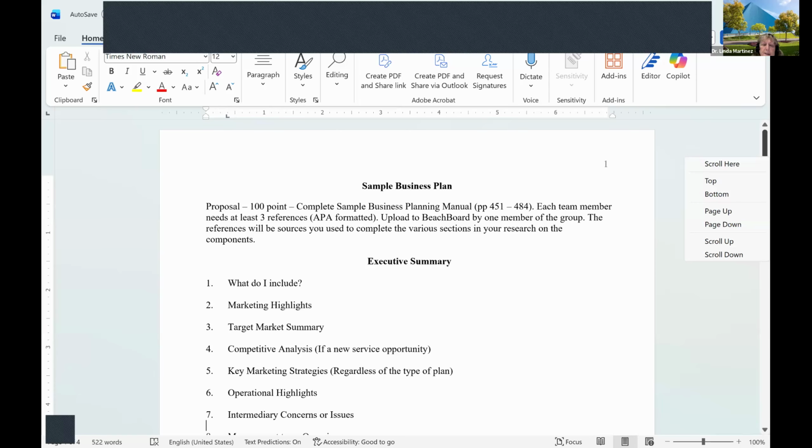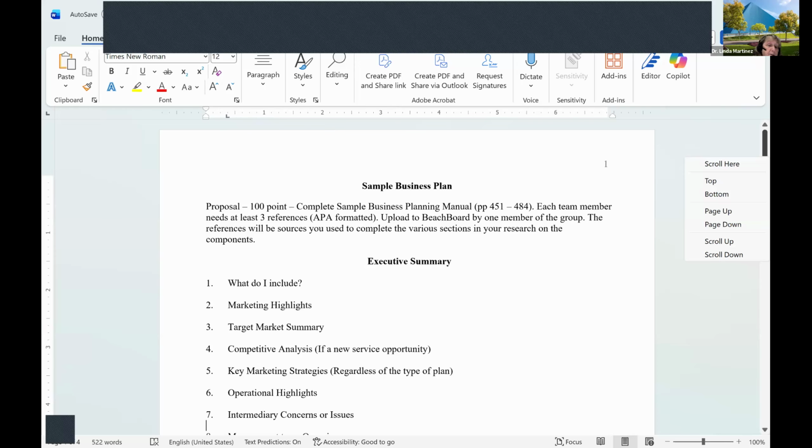As you look at this, number 1 is what do I include? What I want there is a brief description of what your company is. If you're a dermatology clinic, then that's what you're going to say, that you're a dermatology clinic and you specialize in, I don't know, Botox or whatever it happens to be. You could also say why y'all chose that if you wanted to, but just 2 or 3 lines to give me an idea of what I'm fixing to read.